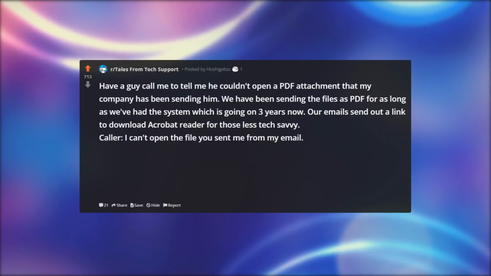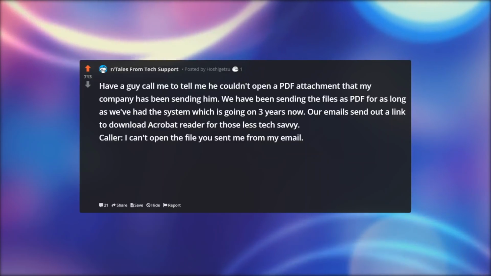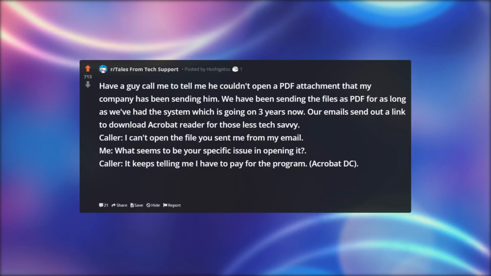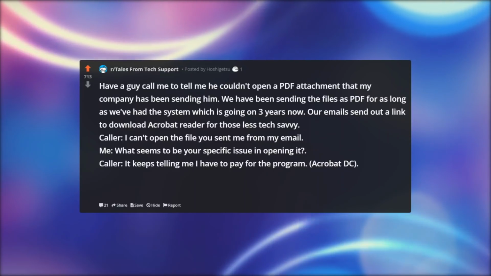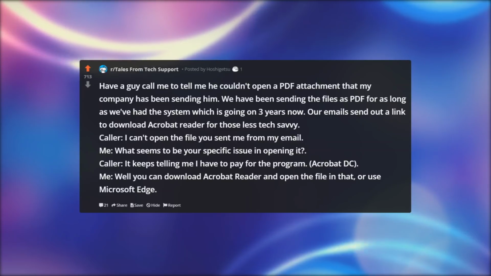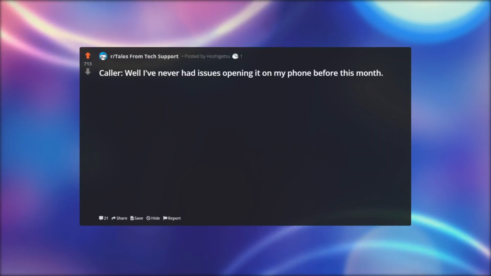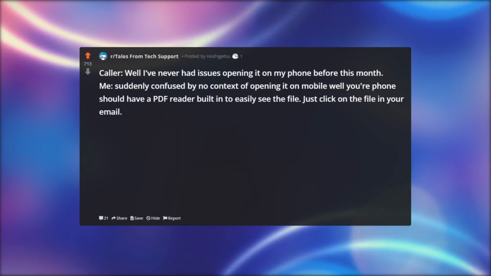Caller: I can't open the file you sent me from my email. Me: What seems to be your specific issue in opening it? Caller: It keeps telling me I have to pay for the program, Acrobat DC. Me: Well, you can download Acrobat Reader and open the file in that, or use Microsoft Edge. Caller: Well, I've never had issues opening it on my phone before this month. Me, suddenly confused by no context of opening it on mobile: